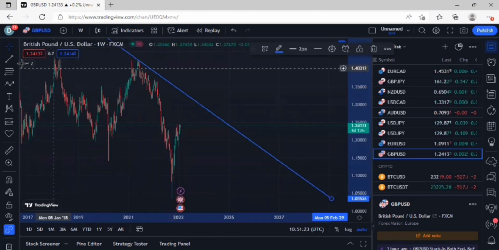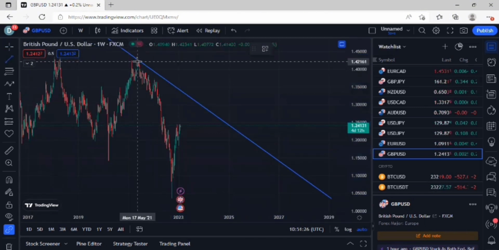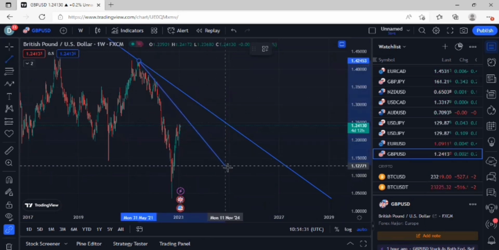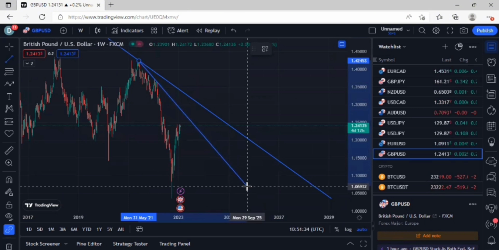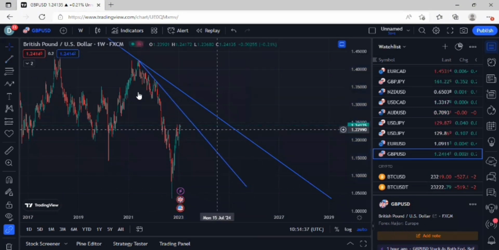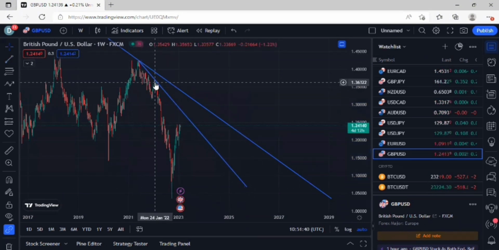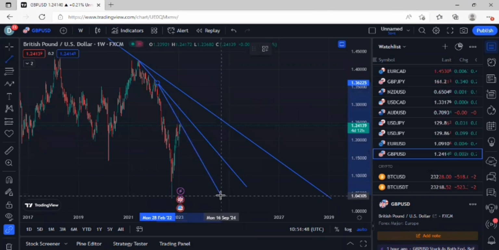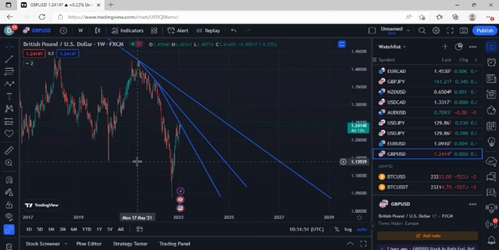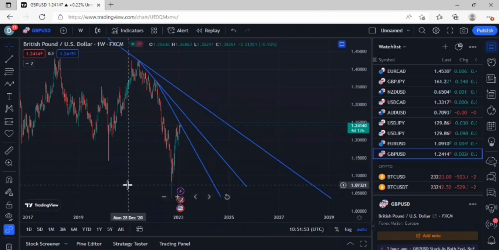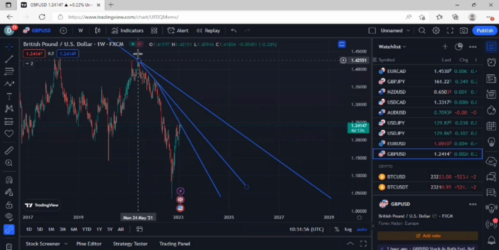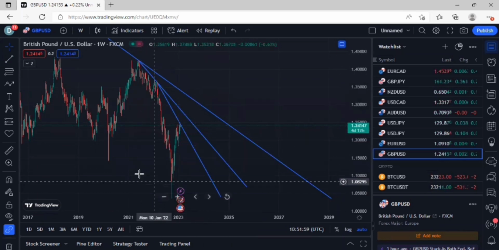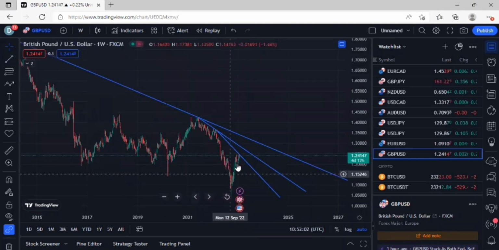So from here now, you can see the second line here of the external one. I can pick another highs that I could get there. Another set of highs. As I'm able to pick 2 now, 1, 2, that means there is another downtrend there. So I can continue on and on till I'm able to exhaust all those lines. So with this now, there is no other line that I could draw. So with this, I can say that I'm properly on the downtrend. And what we are having currently now is retracement